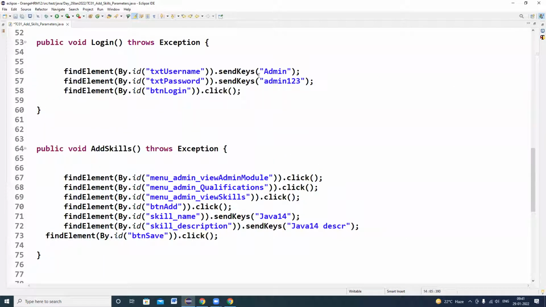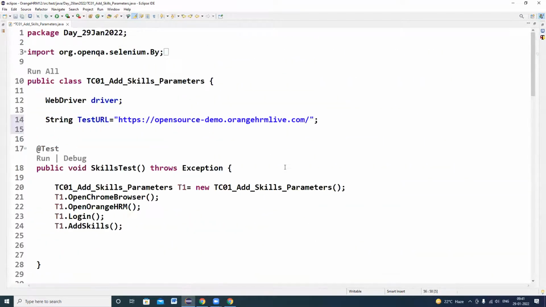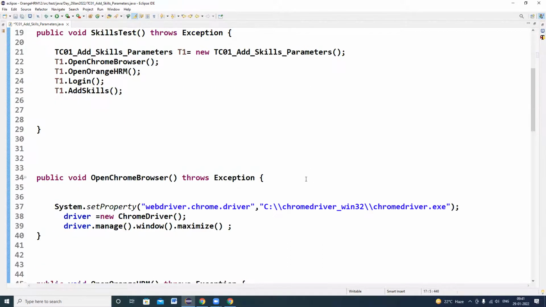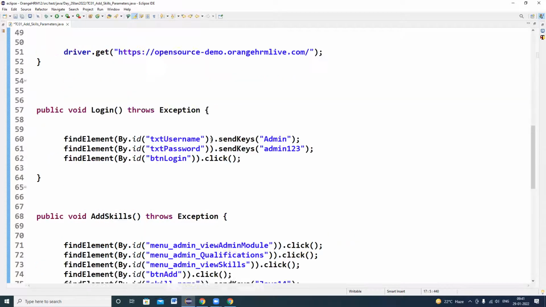And the login method. So username and password. The login method contains input values, username and password. So let's declare it. String username is equal to admin123. Okay, right. Next, after the login method, what is the input? Skill name and skill description contain input values, right?